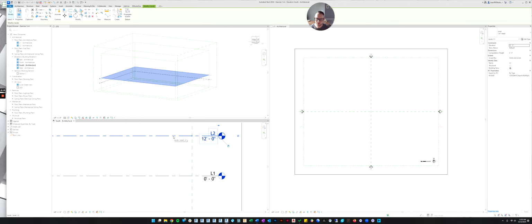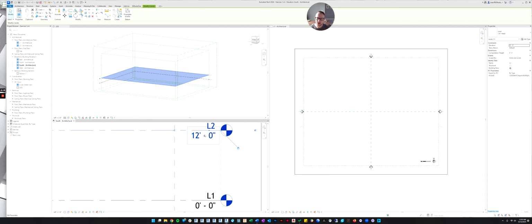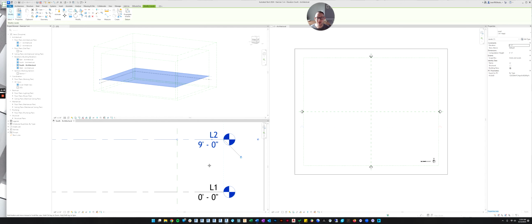So let's select the level, select the line. And once the line is selected, it'll allow you to come click on the height of the level. See how I clicked on the height and then it brings up this little dialog box. Let's make that 9 feet. Okay, so here's something new you need to learn. This is typical everywhere. Where you're entering a dimension in Revit, it's going to assume whatever number you put in there, it's going to assume you mean feet. So if I just put 9 in there and hit enter, it'll assume 9 feet. So if I was trying to put inches in, I would be in trouble.